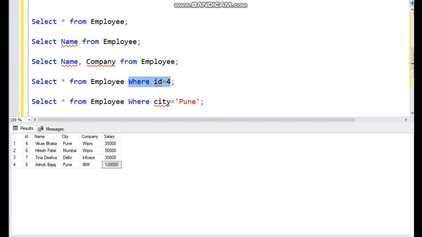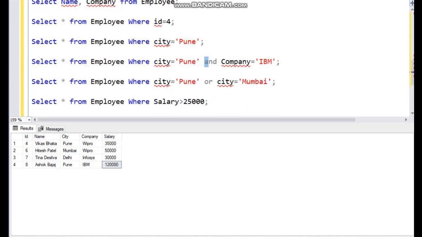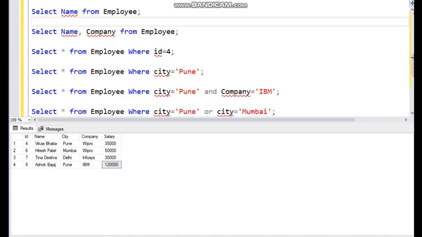You can have more than one condition with different clauses like AND, OR, etc. We have also seen greater than; in this way you can have greater than or equal to, less than or equal to. So this was all about the basic select command. We have executed simple select queries.